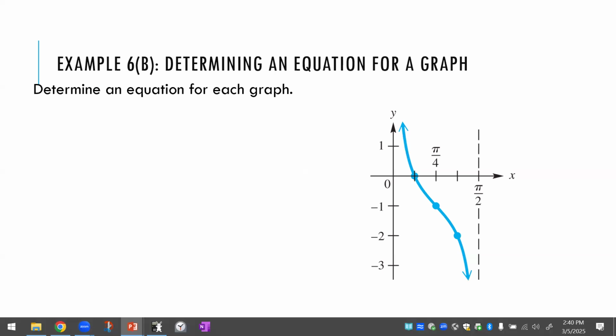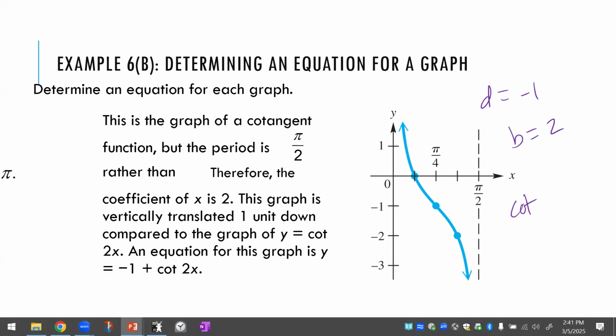So does that make sense? From here, we know that our D has to equal -1 because it went down 1. We know that our B has to be 2 because it was horizontally compressed. Putting it all together, is this tan or cotangent? This is cotangent, because our asymptote is beginning at 0. So we end up with everything in place. So we get y is